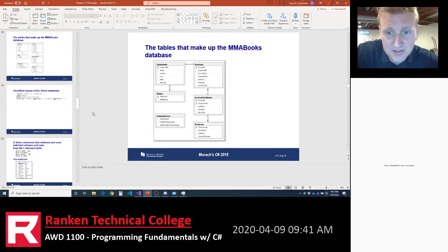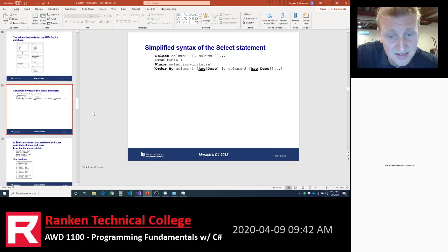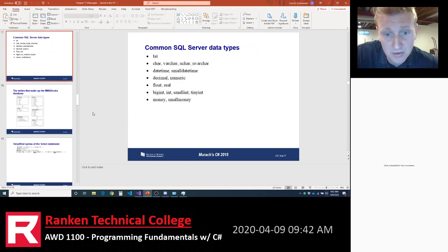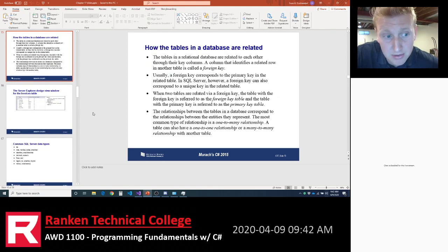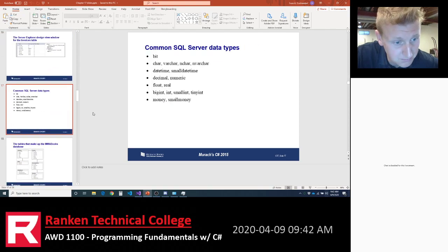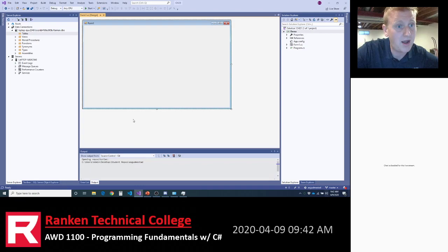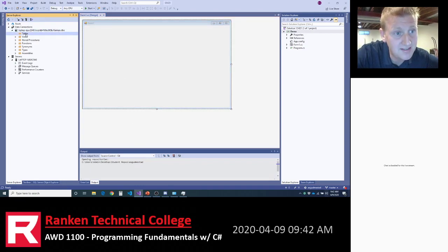So those are the big concepts in databases: creating a database, creating a table, giving the columns a data type. Maybe I'll take a minute here and just show you how we can do this. So again, I kind of left off here with our Rankin database. And I can right-click on.